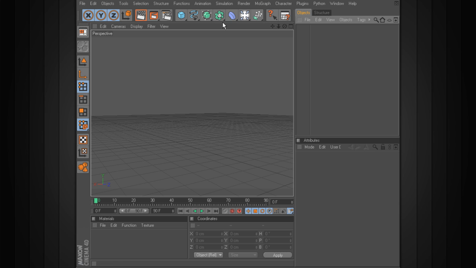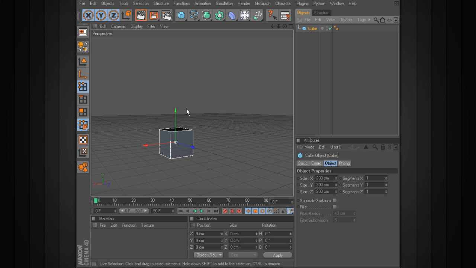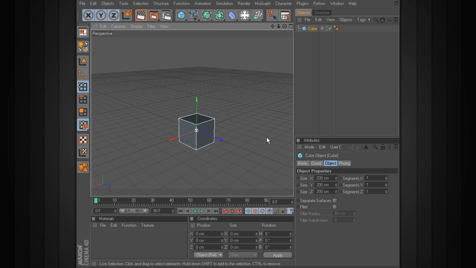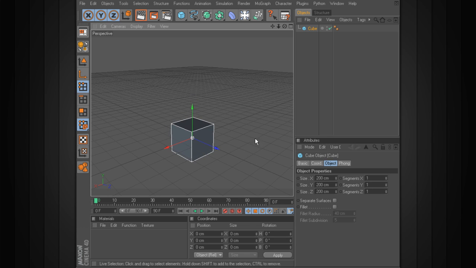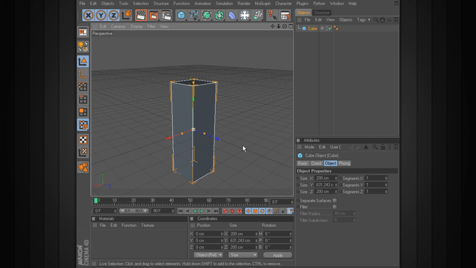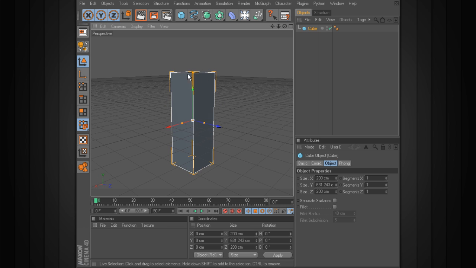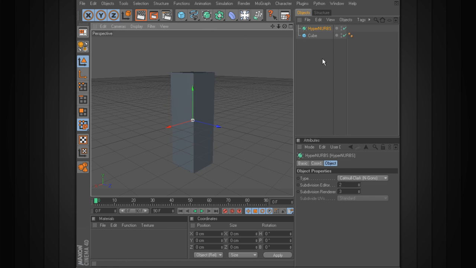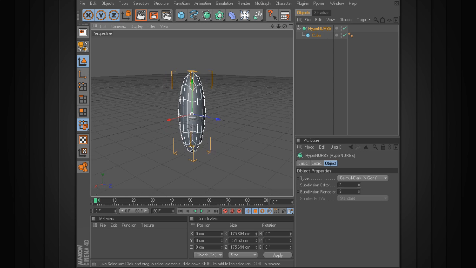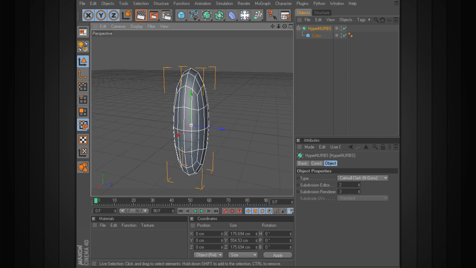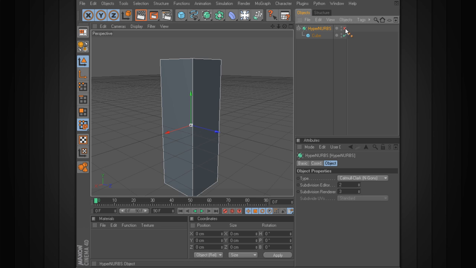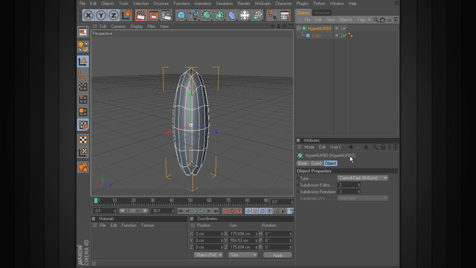Now one other thing that I want to look at here before we go is using the HyperNURBS and maybe look at a deformer. So if we go ahead and bring in a cube, okay, and let's go to our model tool, just bring this up a little bit. And let's say we want to now smooth this cube. Let's bring in a HyperNURBS. If we drop the cube under the HyperNURBS, you can see that now it's smoothing that cube. We can turn off the effect by clicking on the little check, but basically it's using the Catmull-Clark subdivision method